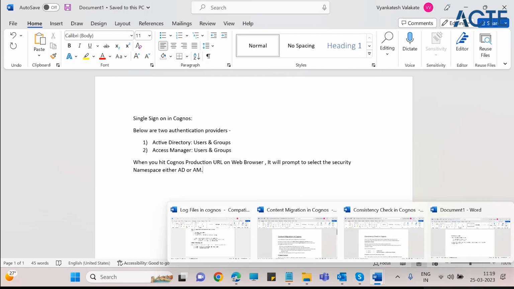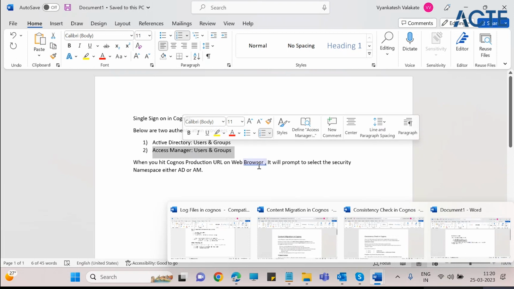Yeah, it will prompt. But the users from Active Directory or users from